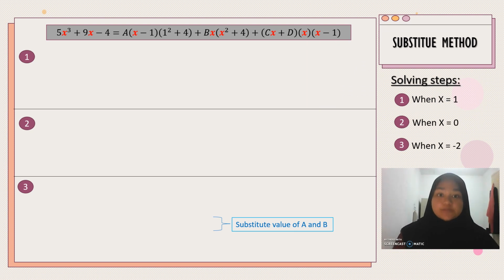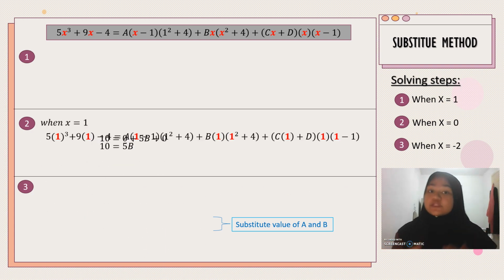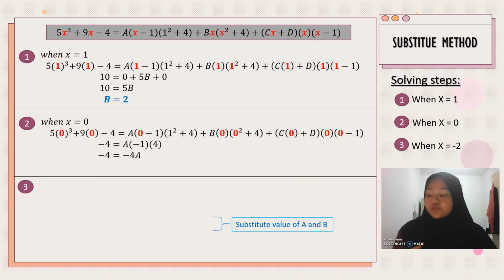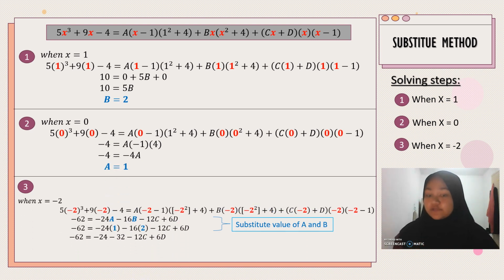Other than the comparison method, we also can use the substitution method. As you can see, when x is equal to 1, we substitute the value of x equal to 1, and we will get b is equal to 2. Same goes to when x is equal to 0, we can get a is equal to 1. Then, when x is equal to negative 2, we will not get